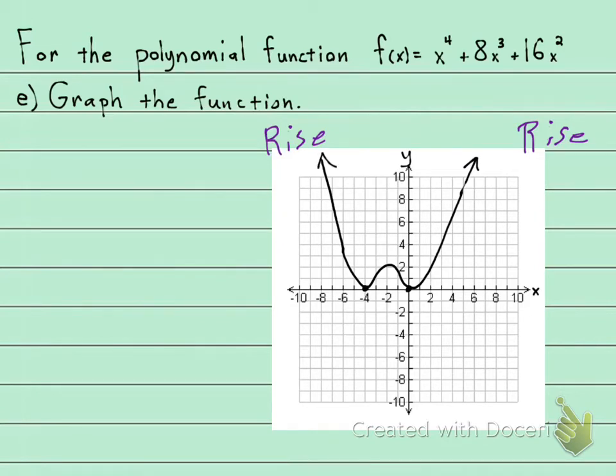Now, part C, we learned that the y-intercept is 0, but guess what? We already have that point. So when you go looking for your graph, you're looking for one that looks like this. Now,